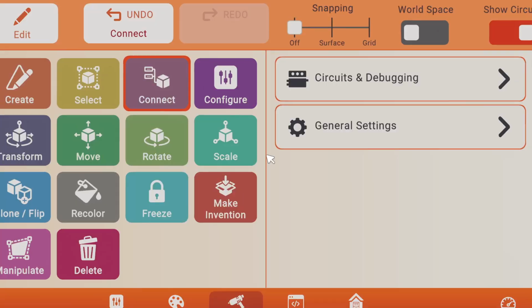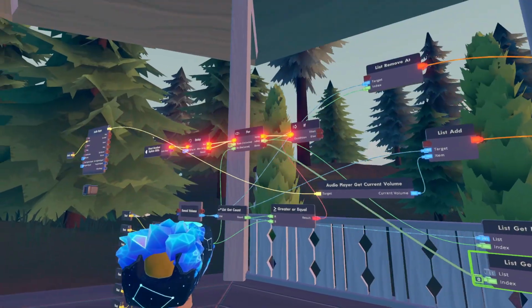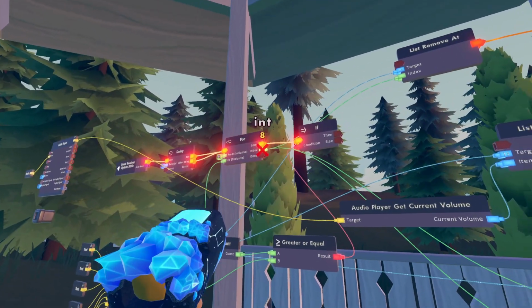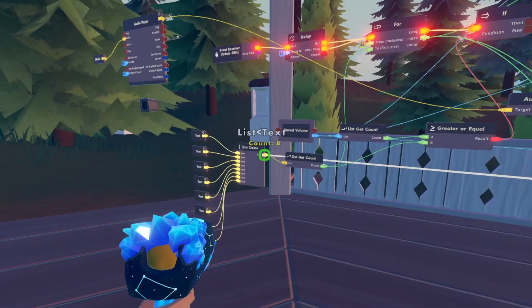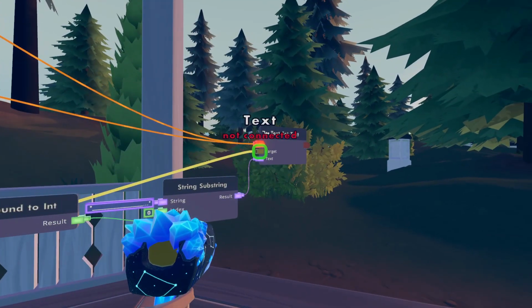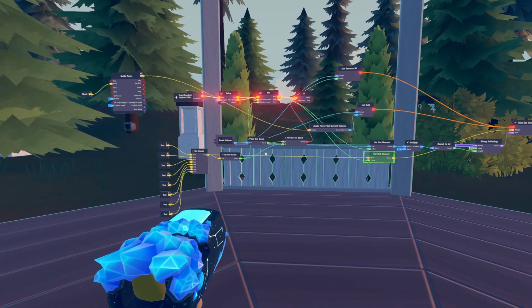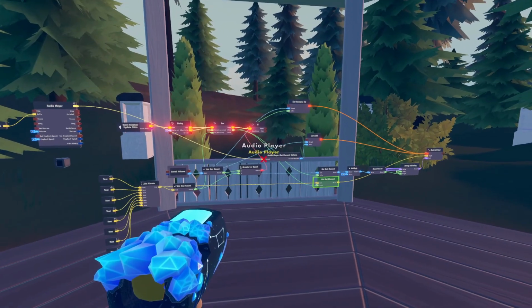And then clone the list_get element, and the index is also going to be the output from the 4, and the list is going to be our new list. And then the output is going to go to the input on the text. And now you're almost done. If you wire these two together,